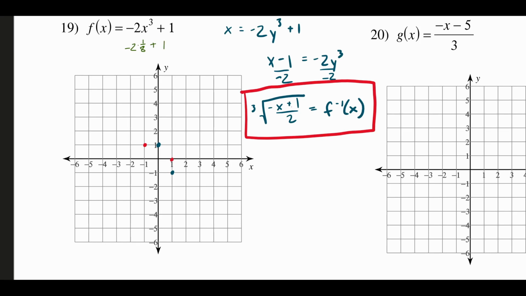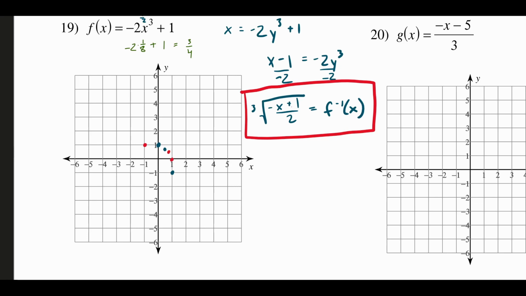-2 over 8 is -1/4, plus 1 is going to be a +3/4. And again, that's for when we plugged in 1/2. That resulted in a -1/4 plus 1, which was 3/4. So finding 1/2 and then marking 3/4, or for the inverse, finding 3/4 and marking 1/2. So you can kind of see that curve along the red and that curve along the blue, our original function